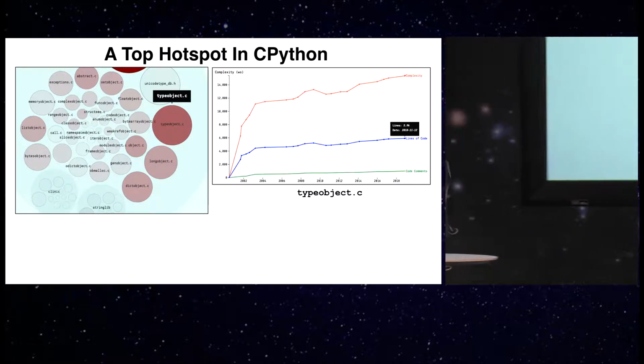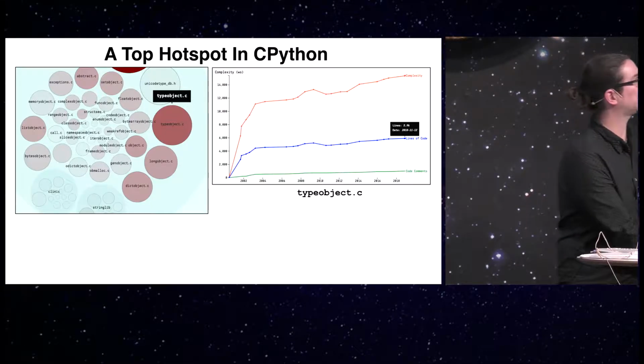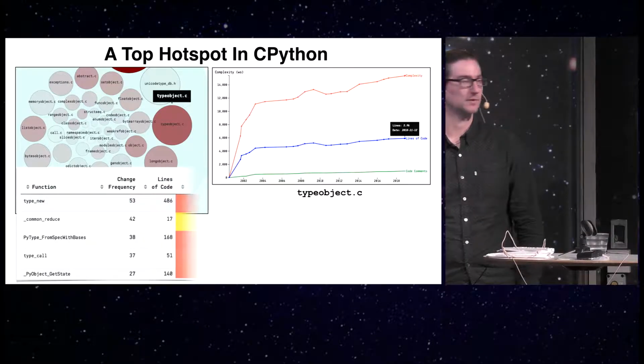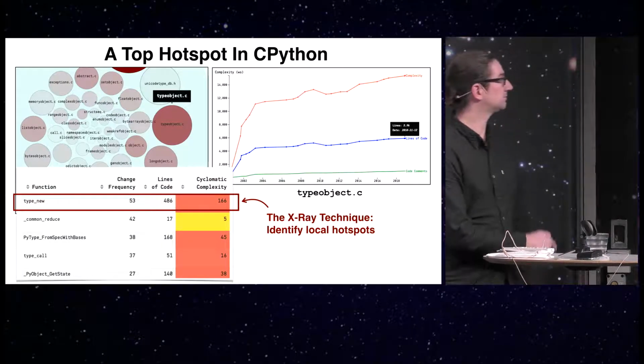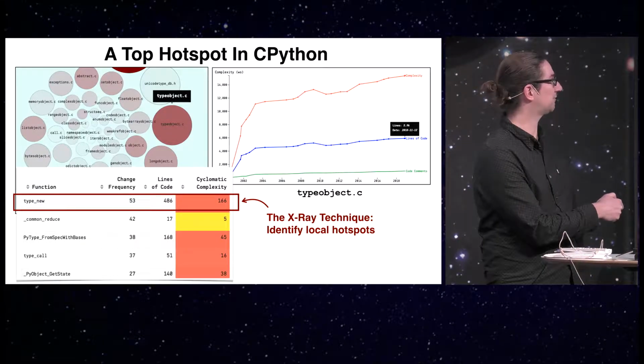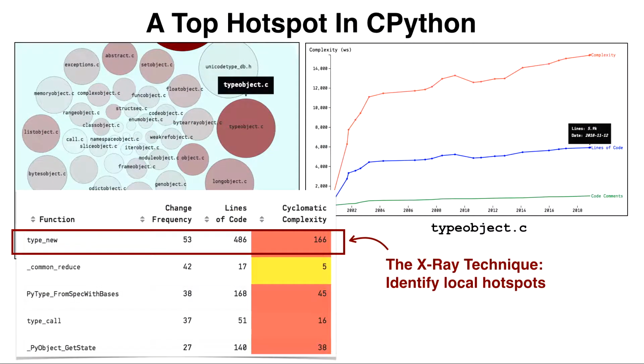So this is the kind of information we need to act upon. Now, what I did next was that I used the X-ray analysis because this is, again, a pretty big file. It's like 5,000 lines of code. So I did an X-ray on that one. And the number one hotspot on a function level inside that file is something called type new. And we see that the final column here, cyclomatic complexity, basically refers to the number of branches, the number of decision points. So 166, that's like a factor of 10 more than the cutoff point for very high complexity. It basically means if you want to unit test this function, you need at least 166 unit tests.